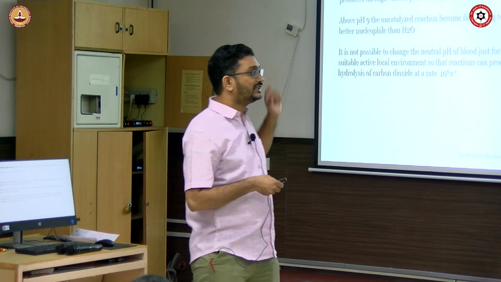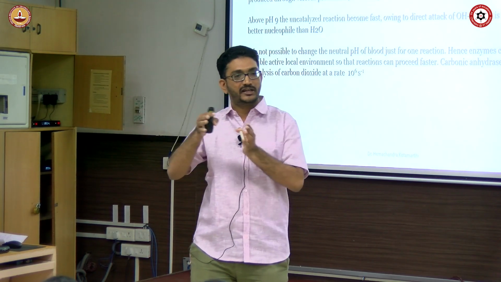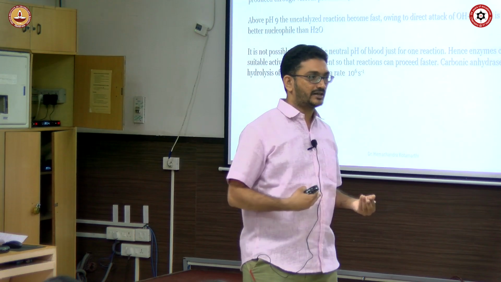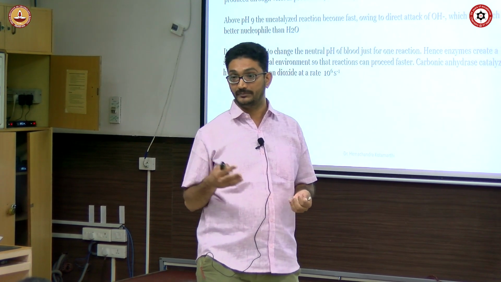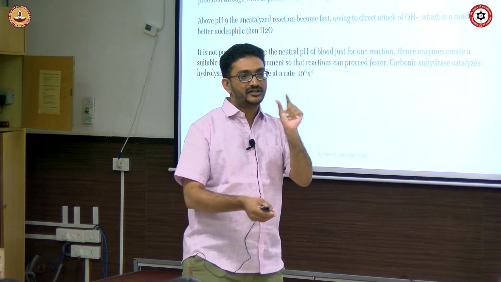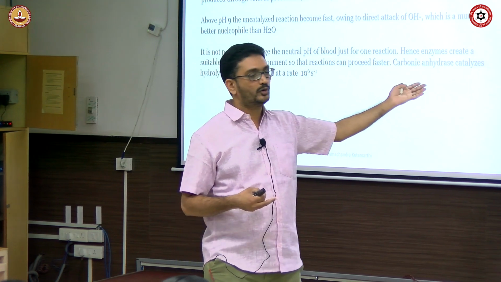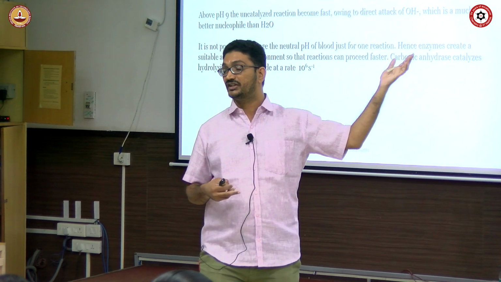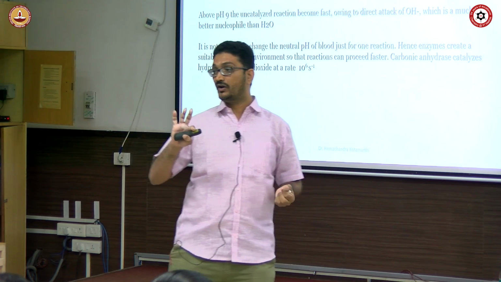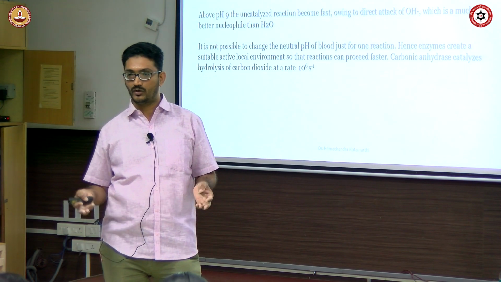nucleophile. But in the body, in the blood, you cannot have pH 7 for one reaction, 9 for another, 4 for another. In our stomach it is highly acidic, close to pH 2. So in the blood you cannot keep on changing the pH for every different reaction. There might be some reactions that are faster in acidic conditions, but at the same time multiple reactions are happening in the blood. So you cannot change the pH of the blood for one particular reaction. That is not how a system evolves.